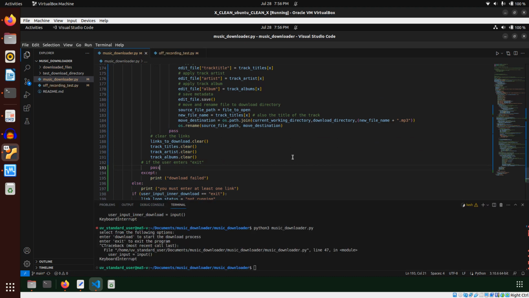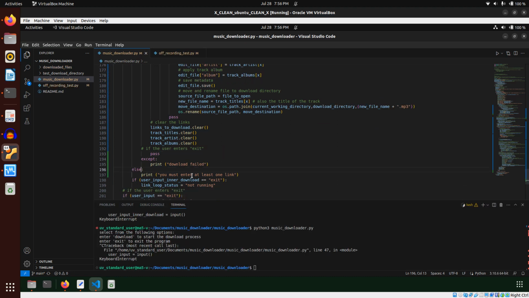Actually, instead, I'm going to change this from an else, which catches all other conditions, to an else if. And in Python, an else if is this. And otherwise, if specifically, the length of the list of links to download is less than or equal to 0, which means that the list is empty, then I want to show this message. So save it, and then now